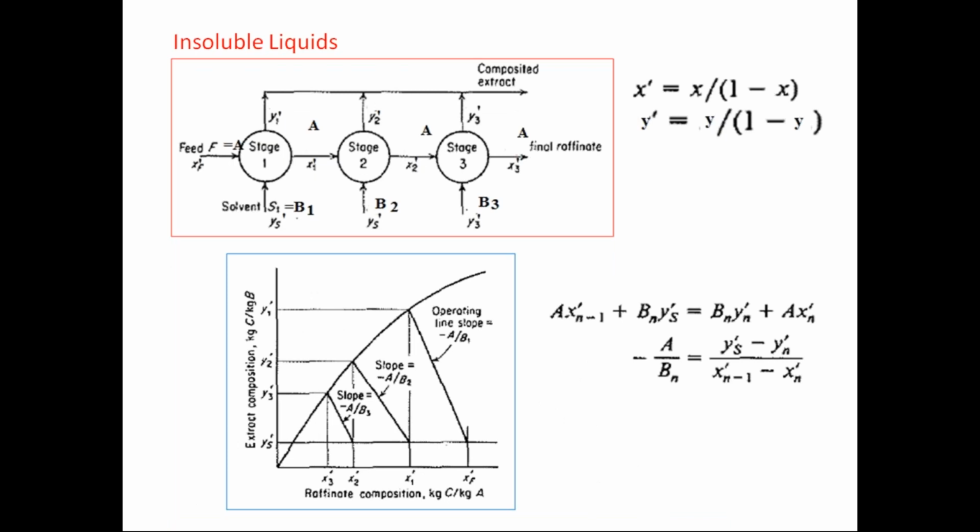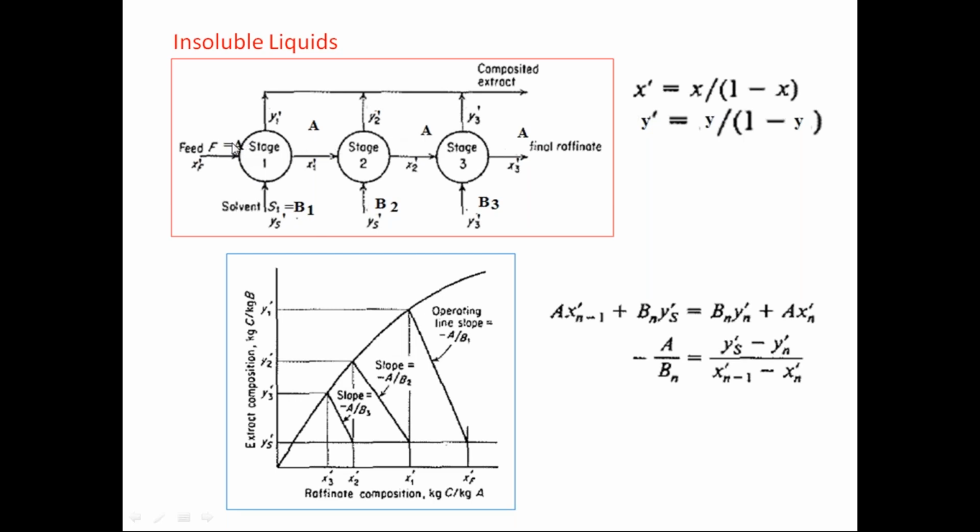Now coming to the very interesting case where the feed solvent, that is solvent A, is with C. So F means A plus C. But if you take A, that is the feed solvent, and then you take another organic solvent, that is the extract solvent, and A and B are completely insoluble in each other, then the case will become very simple.